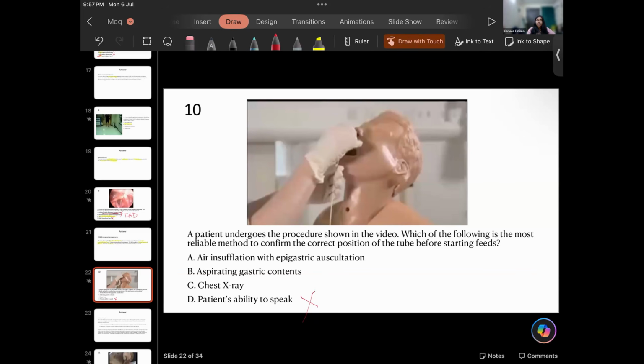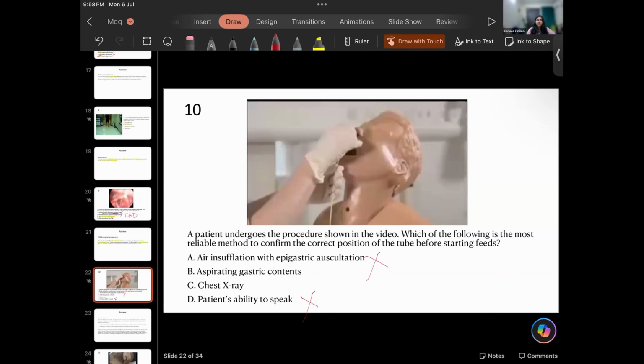It can happen that the tube is inside the trachea and the patient is unconscious, or the patient is intubated. In that case, the air from the respiratory tract would also produce the same whoosh sound, and you might be mistaken that the tube is in the stomach and the tube would actually be in the respiratory tract. So this is not the